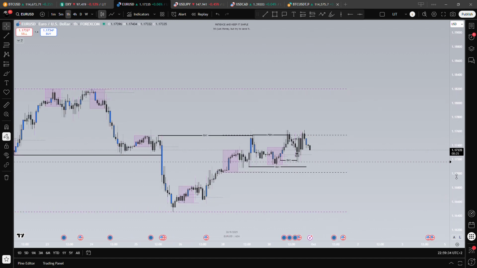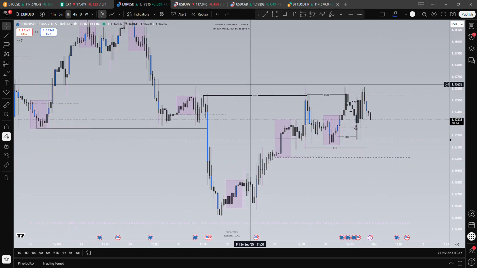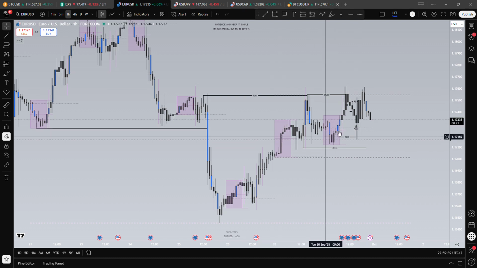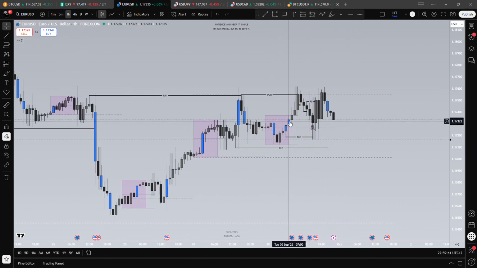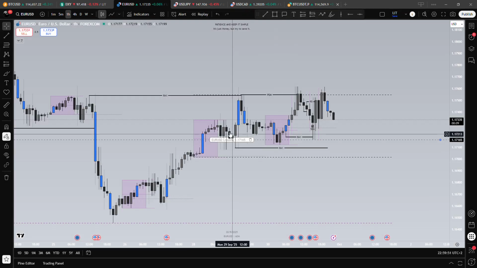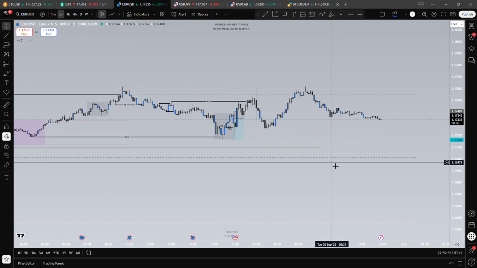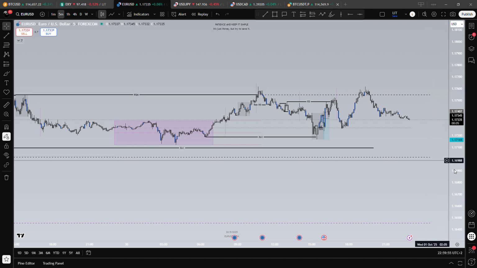So EU, according to the XY that went to the downside on EU, we went to the upside. Usually when it creates this type of moves and then these candles, it creates a movement to the downside, a strong movement to the downside. Okay, so my idea was to look for sells up here,